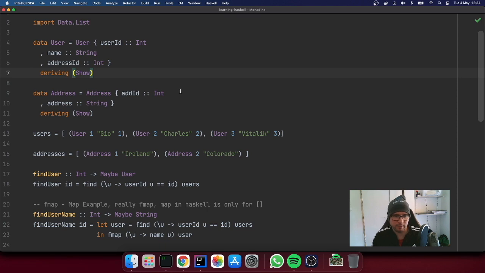So if you're doing this programmatically: get user, if user exists, get address ID. If address ID exists, fetch the address, and then if the address exists, show the address. So there are like 6 ifs. Wouldn't it be fantastic if we could just concatenate those two things one after the other?